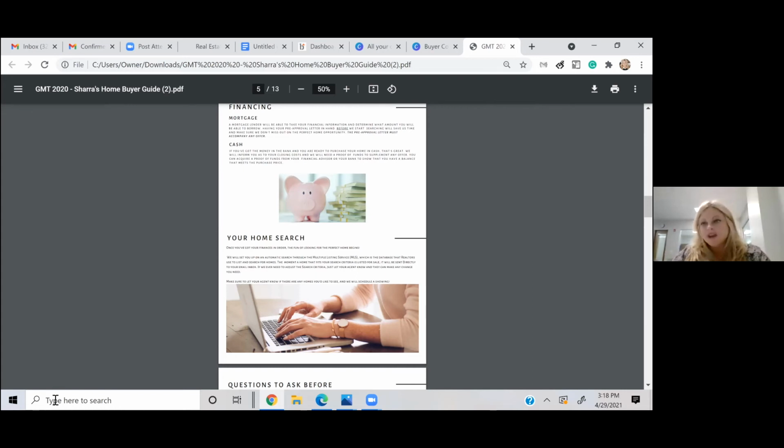So we talk about how credit score can impact the interest rate that you're getting or that you've been quoted. And we can also talk about how much you're putting down, which is also going to affect that. So those are some of the things that we talk about. Then I stop, because we get to go to the fun part. This is really what everybody wants to talk about: what do I want in my new home? So literally what I do is I get out of that particular presentation, I stop, I go right into our MLS,